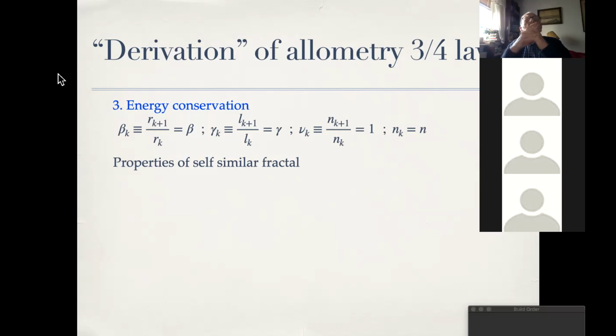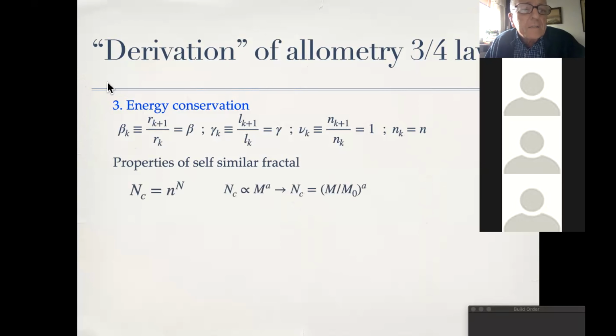And the conservation of energy implies, and that is a piece of the calculation which is a bit involved, and I decided to tell you that you should take it for granted, that energy conservation actually is equivalent to saying that these dimensionless numbers are constant, are independent of the level of the network. Out of that, it follows that the branching of a tube at each level is a constant, and there is a certain constant in our system which is called a little n. All right, so we now